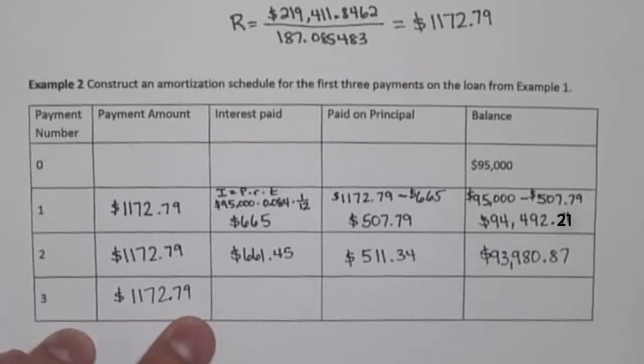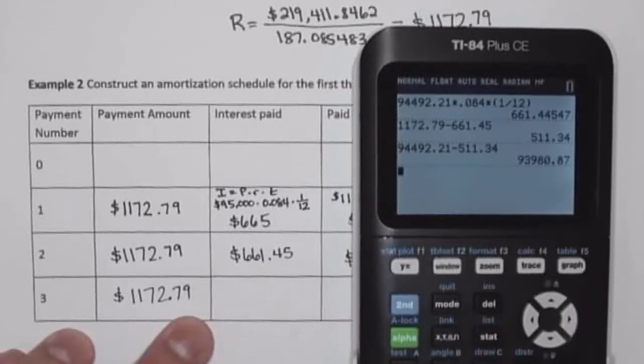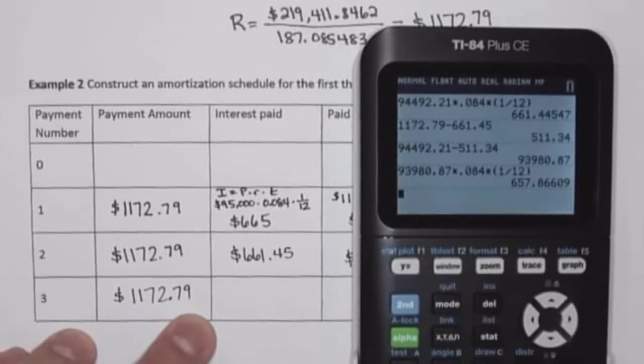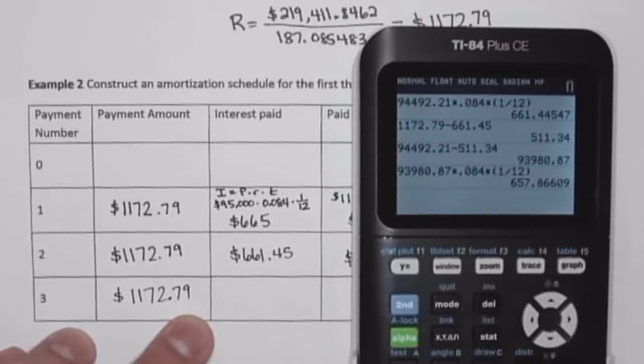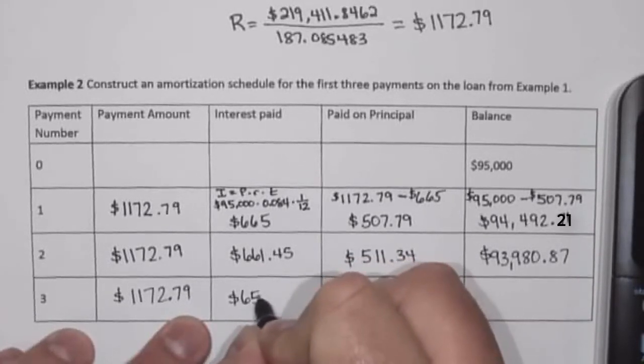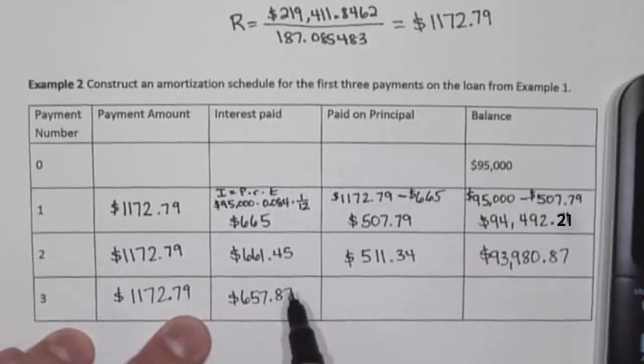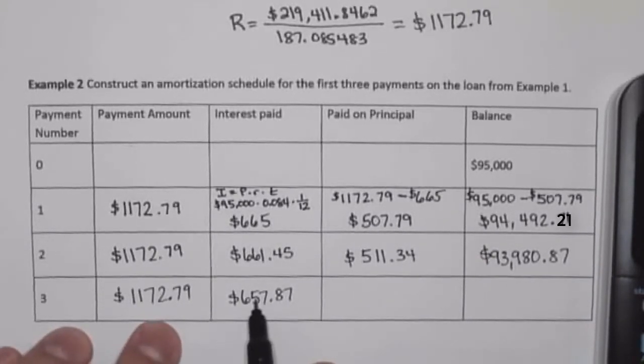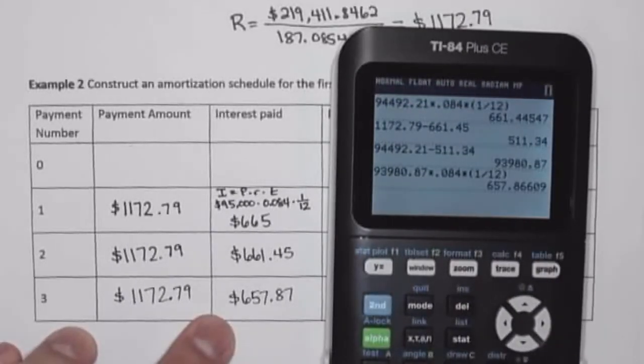One more month. So for the third month, if we make our payment of $1,172.79, then the interest for that month is going to be our balance, $93,980.87, times our interest rate, 0.084, times time, 1/12 of a year. That is $657.87 if I round to the nearest penny. So $657.87 of this payment goes for interest, which means